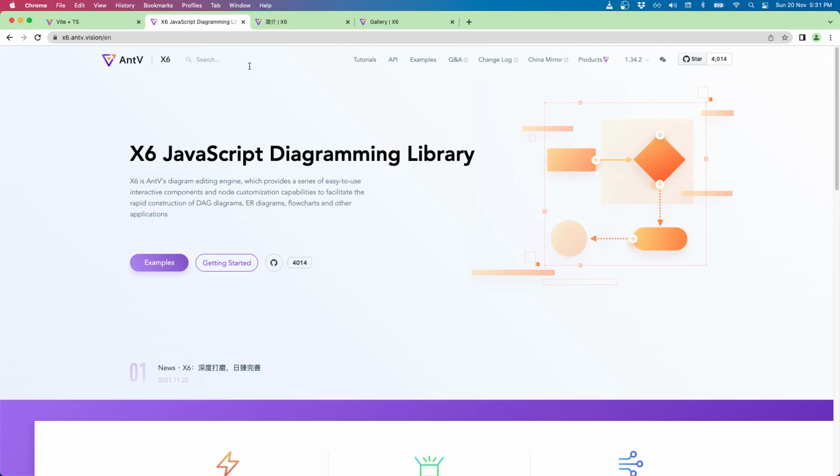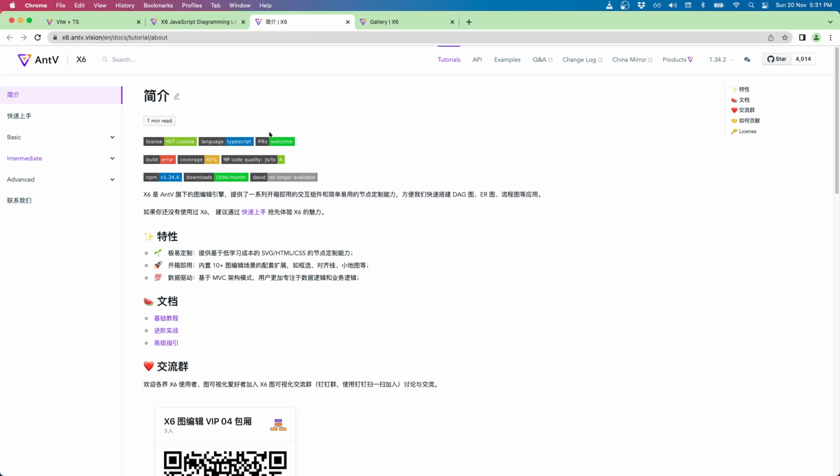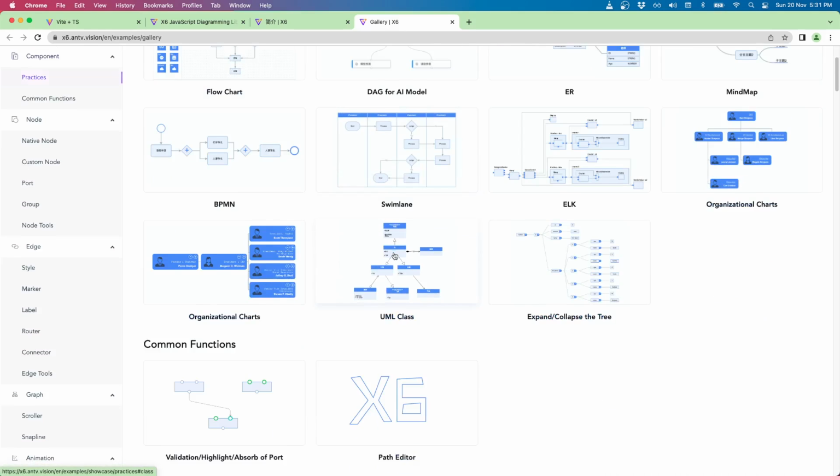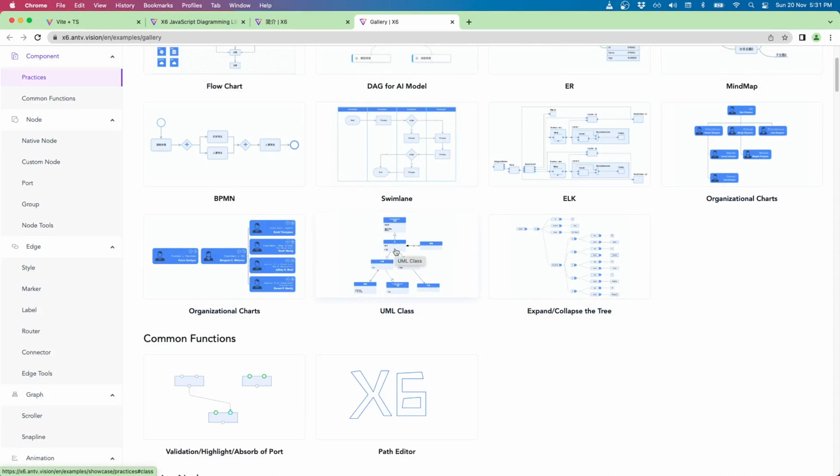One thing to note about X6 is that the English documentation is very limited, but there is a tutorial that has a lot of sample code, and even though most of it has not been translated to English, it's still quite readable because it has tons and tons of sample code. If you look at the gallery here, there are also lots of examples for you to follow that showcase each of the features of the library. The code in these demos is quite easy to follow as well. So don't be turned off by this library just because most of the documentation is not in English. It's still quite easy to get started with.